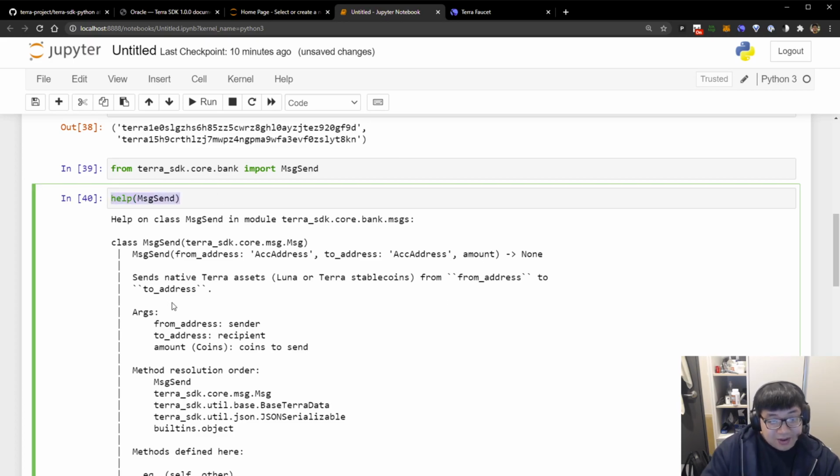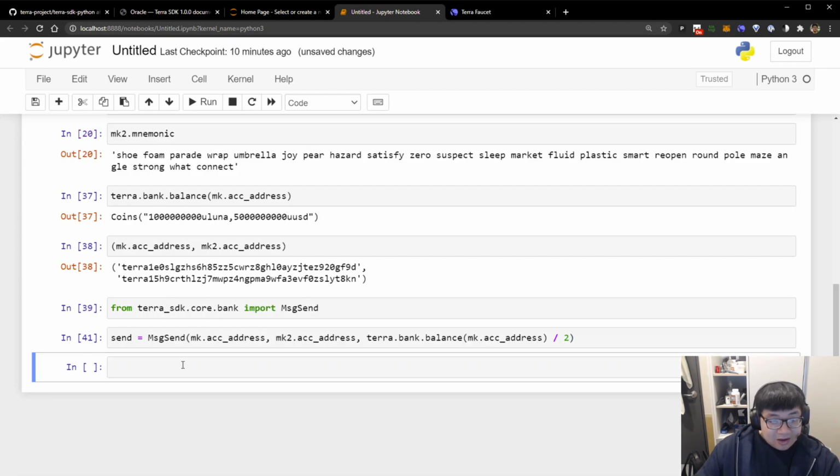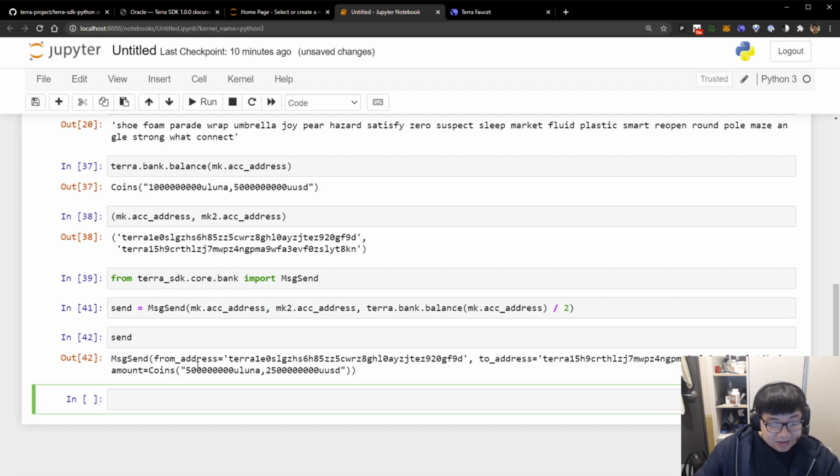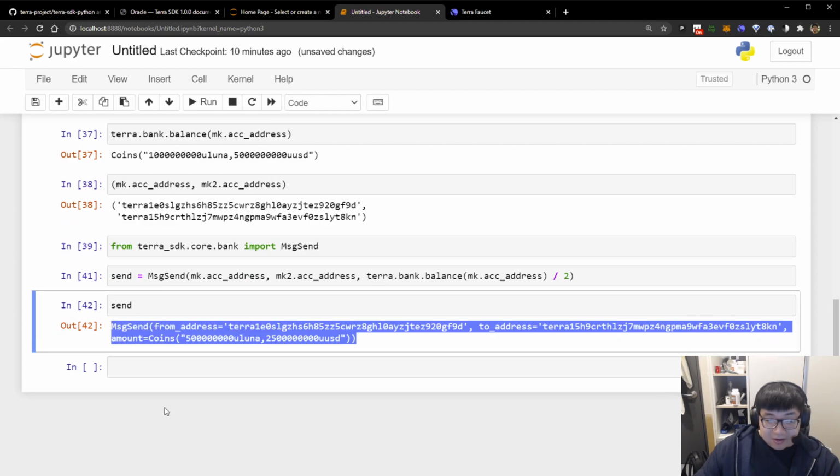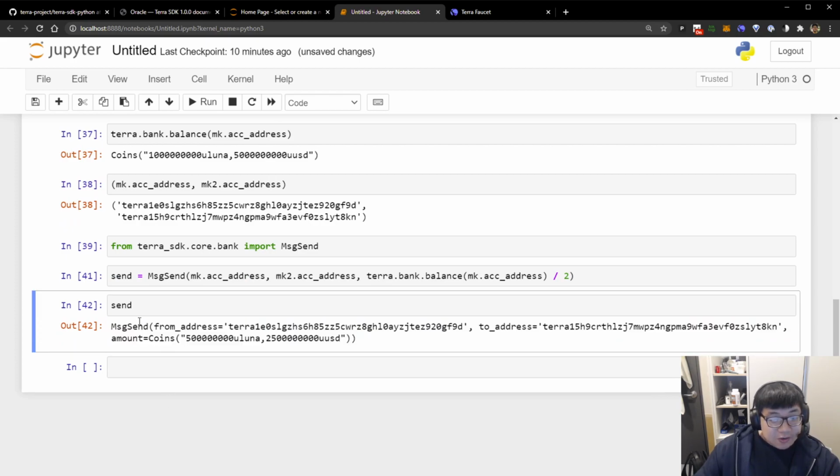So we can do it two ways. We can do it like this. So let's do send equals MsgSend. We can do mk, right? mk2. And amount, we can do, so I want to send half my coins, right? So let's check out what send is. Right, there we go. So send now contains a MsgSend that contains the message that says I want to